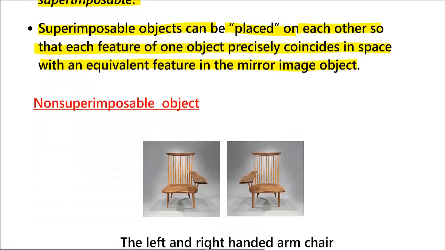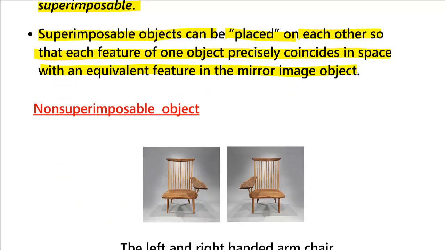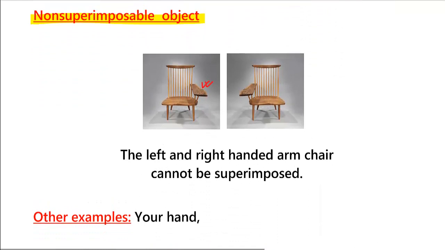Now when will we have a non-superimposable object? What is the meaning of a non-superimposable object? As I said earlier, if you have an object that lacks symmetry, in that case your image cannot be superimposed on the object. Let us take the same chair, but now we have a handle on one side. In this case we have this handle, and now if I take the image of this chair, on this side we have the image of this chair. You see the left is appearing to the right, or the right is appearing to the left. That is what happens in the plane mirror.